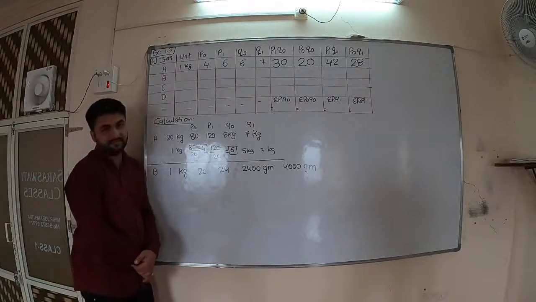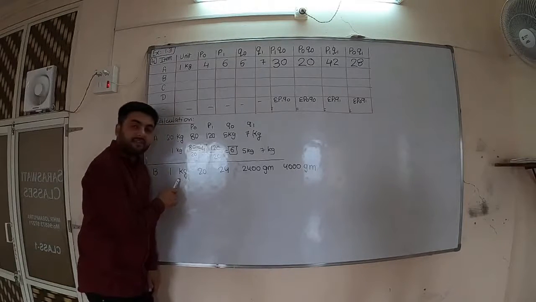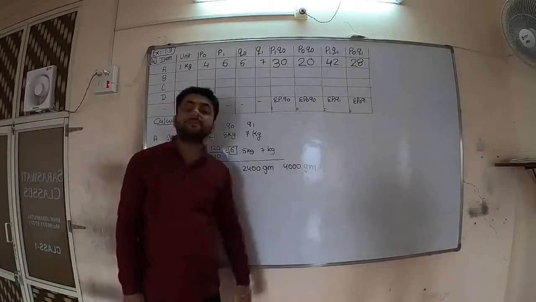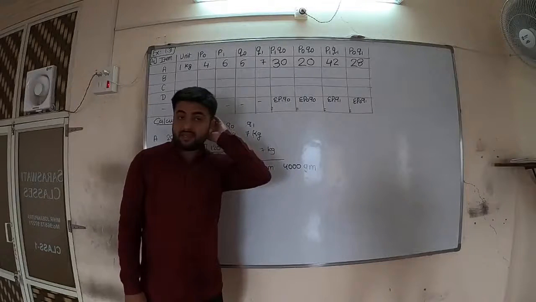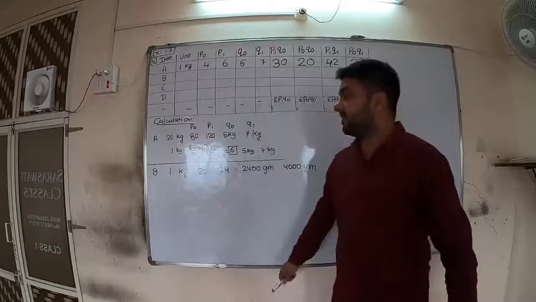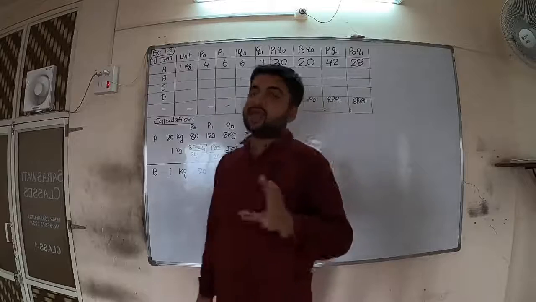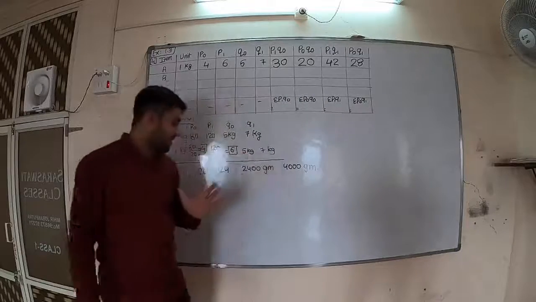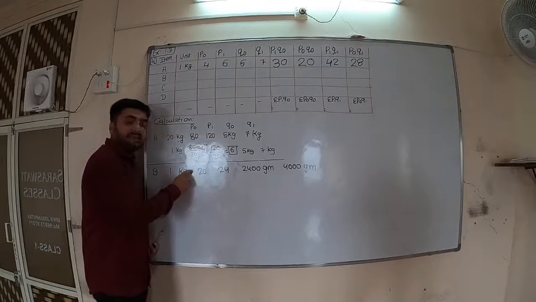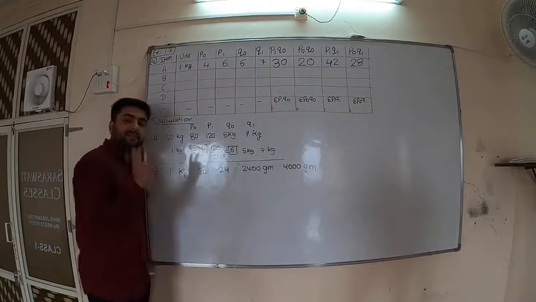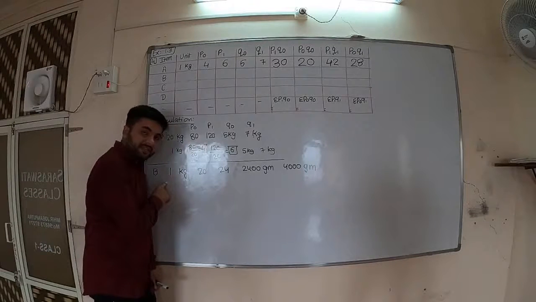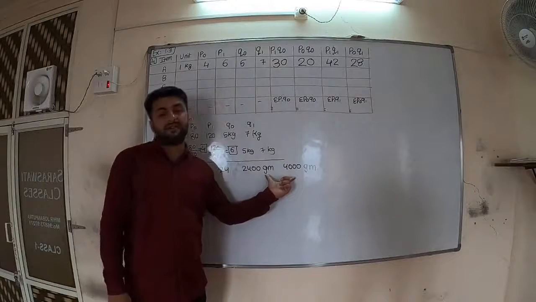Now you have two options. What two options? For 1 kg, convert it into gram, or else for 2400 gram and 4000 gram, convert them into kg. Now see friends, one more thing to understand: the illustrations given in the book are not done as per me, but I will give you a simple calculation. Whenever you have unit 1 here, see our step 2 is what? Unit must be equal to 1. So whenever we have unit 1 here, then convert this itself.